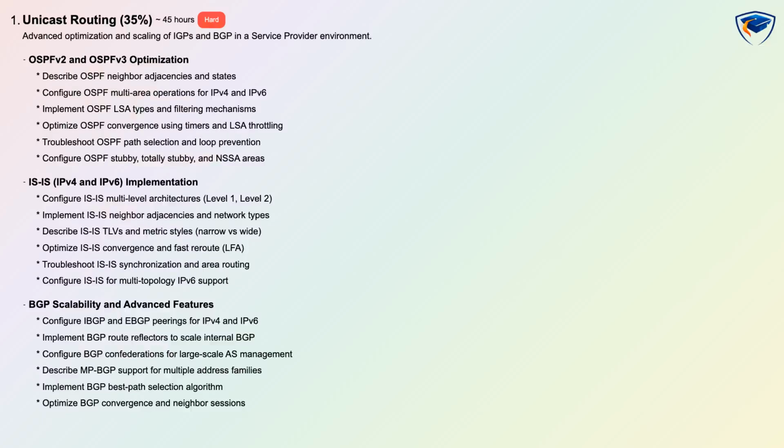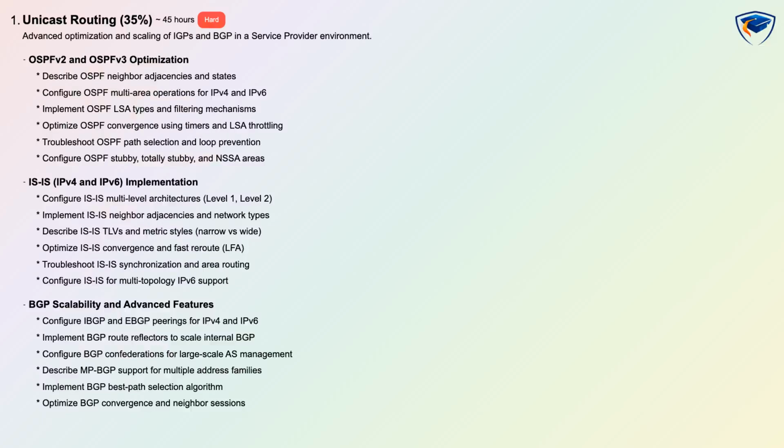You will also implement ISIS for IPv4 and IPv6 in multi-level architectures, work with ISIS TLVs and metric styles, and apply fast reroute techniques like LFA while troubleshooting synchronization and area routing. Finally, you will master BGP scalability and advanced features such as iBGP and eBGP pairings for IPv4 and IPv6, route reflectors and confederations to scale large networks, MPBGP for multiple address families, best path selection, and techniques to optimize BGP